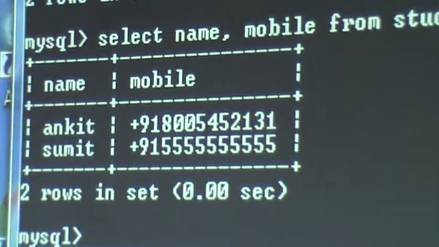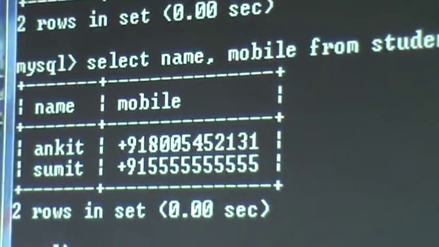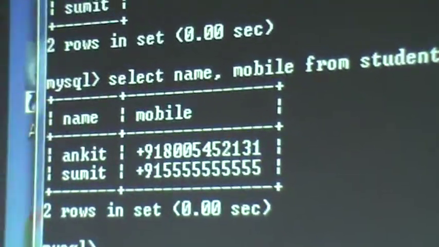Again, this select command can be used with different clauses, like where. You can put the condition also in the select command with where, or logical operators also. Suppose we want to search the name of the student whose roll number is 2 or 1.